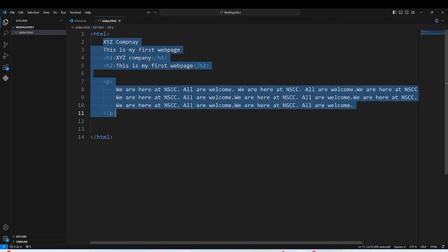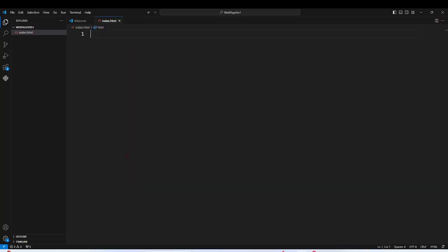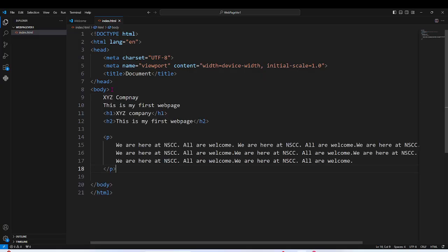I'll take this one, Control C to copy. This is the internal content of my web page, and then delete. And what I'm going to do, and this is what I need you guys to do from the early beginning of your coding in HTML, is choose HTML5, and what I wrote there I have to put in the body of